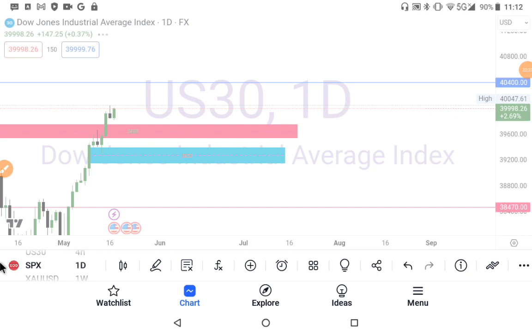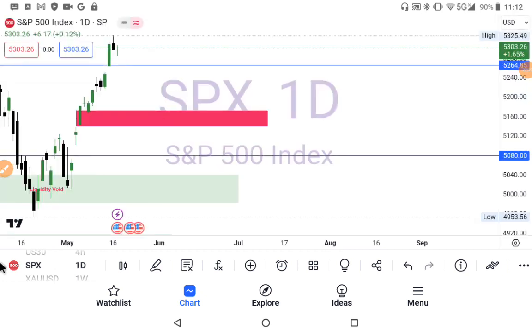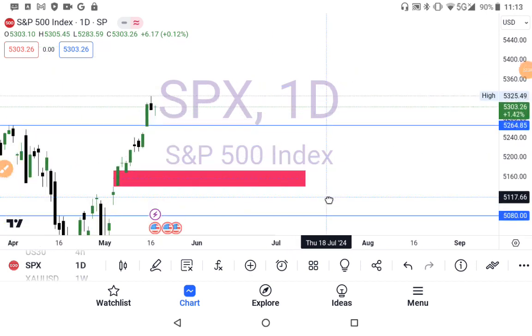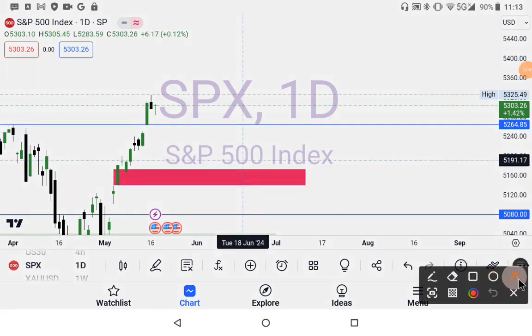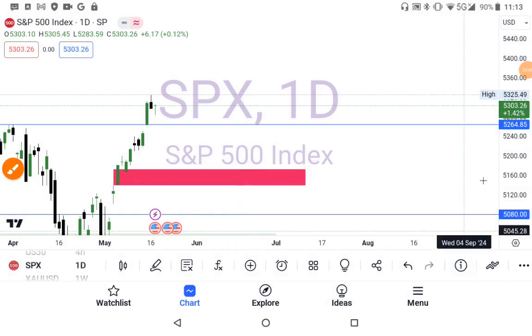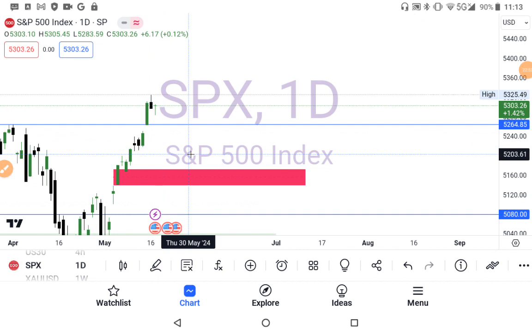Last week on S&P 500, I was interested in 5,264.85, 5,264.85. It was delivered beautifully. It has been delivered beautifully, but I expect that same number to serve as a support, but we kind of